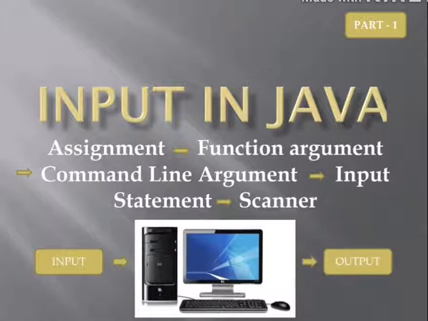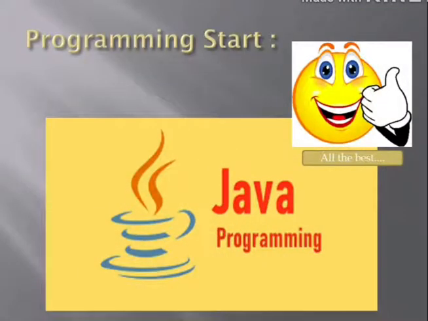First of all, what is input? Basically, we are entering some data, that is raw facts and figures, as input in our system. After processing of data, we are getting some output, that is information for us. And when we are creating programs, the first thing you have to notice is that your starting of programming is from here only.